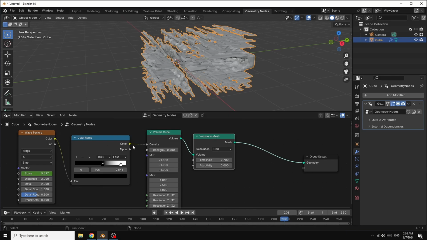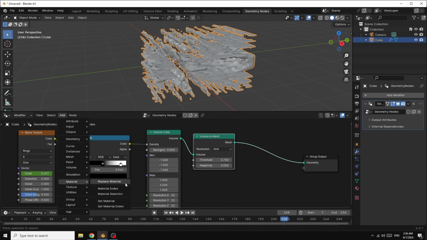Now I go here and add in material. I select set material.